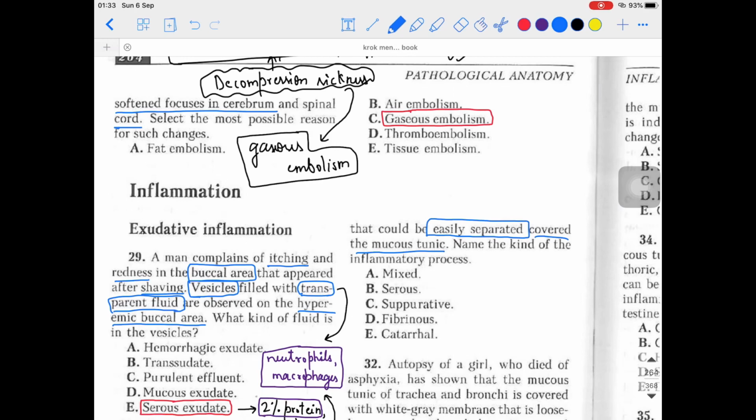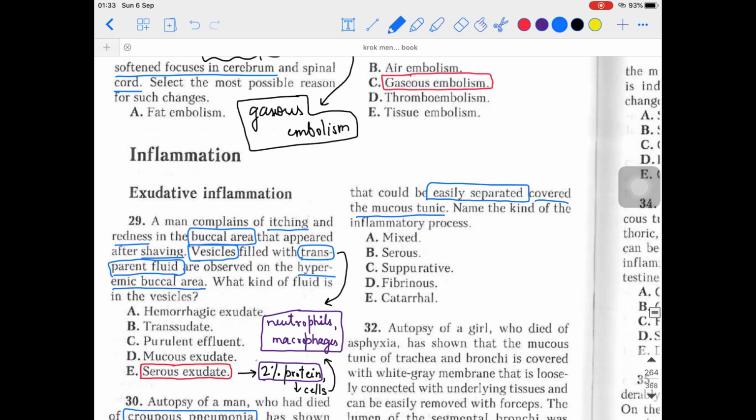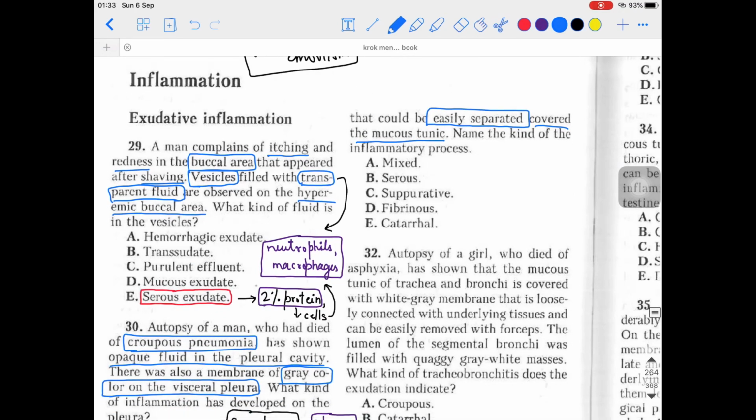And I don't think I need to tell the answer over here now. You must have guessed it much before. The answer is very clear. I told you which kind of membranes can be easily detached, and which kind of membrane will be detached with difficulty. So there should be no doubt that it is croupous fibrinous inflammation.